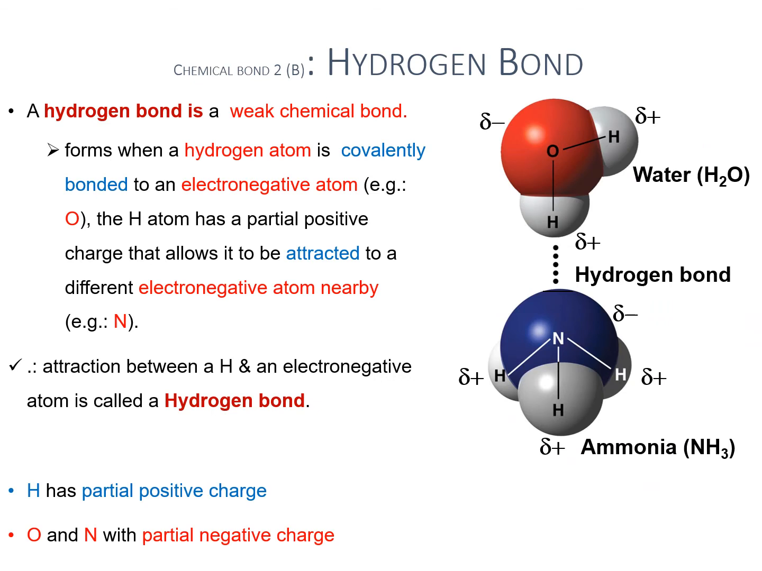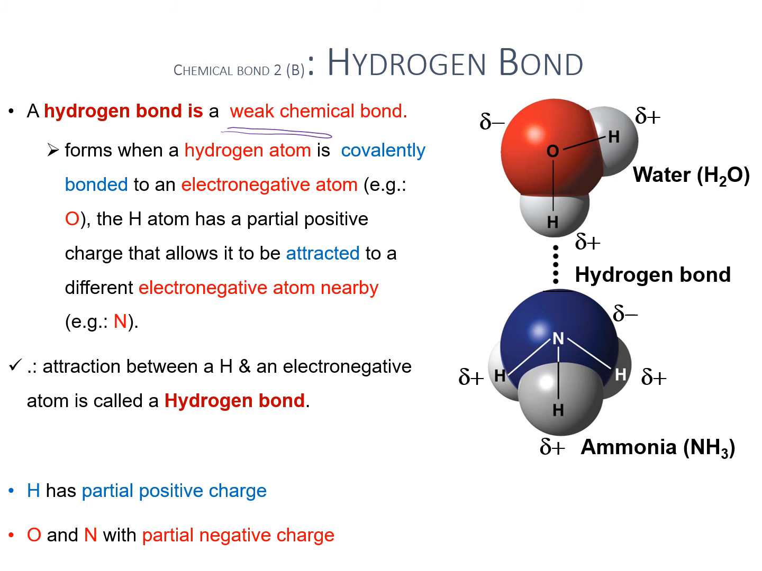So the next chemical bond is the hydrogen bond. A hydrogen bond is actually a weak chemical bond. If a hydrogen bond exists alone, it is a weak bond. But if you have so many hydrogen bonds, they can form a strong interaction. A hydrogen bond is formed when a hydrogen atom is covalently bonded to an electronegative atom, such as oxygen, and the hydrogen atom has a partial positive charge that allows it to be attracted to a different electronegative